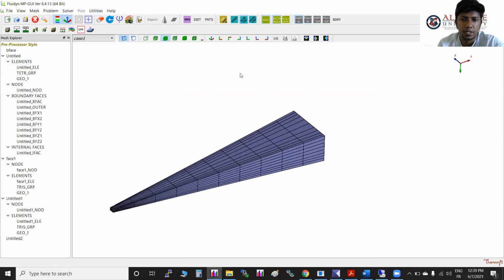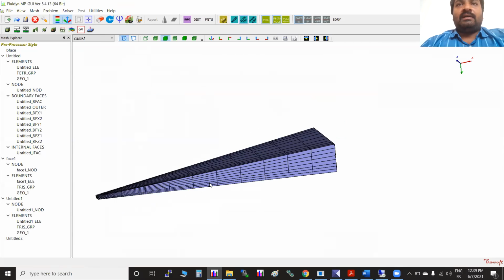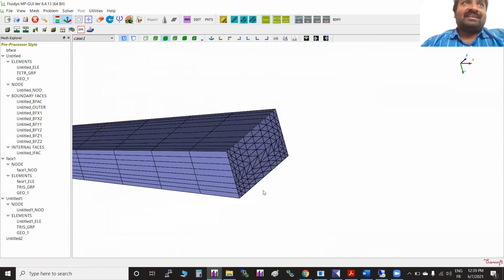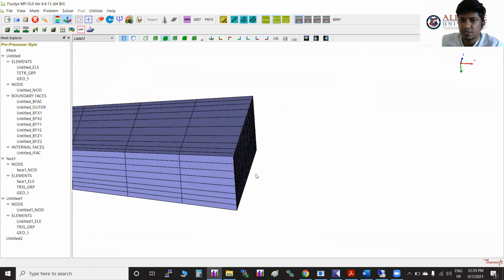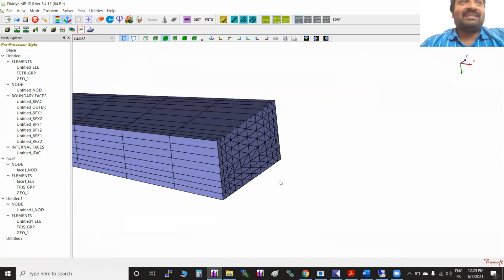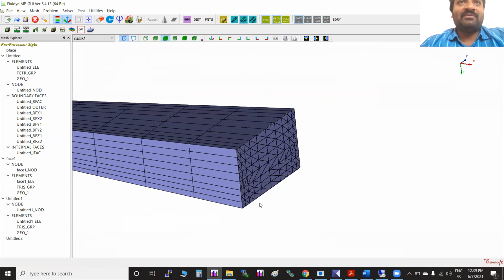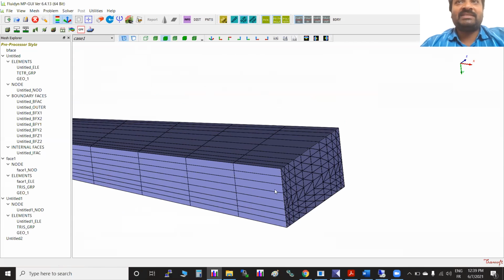Another question: is there any mesh difference in dynamics and static analysis? Stress analysis you're talking about, right? I think so. Okay, there are two ways. In fluid, there is also static and dynamic mesh. We have a mesh for regular applications where the mesh is not moving, and flow is happening inside. Dynamic mesh is a mesh movement itself.